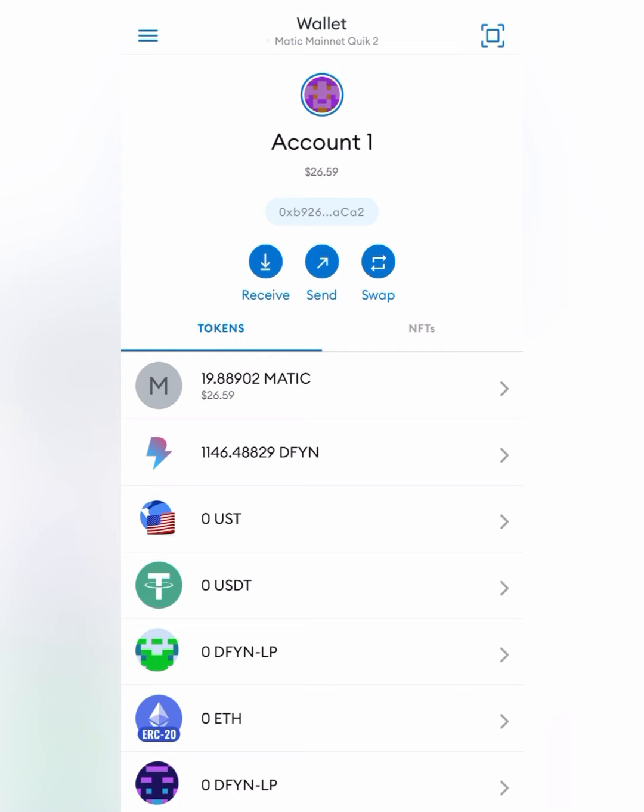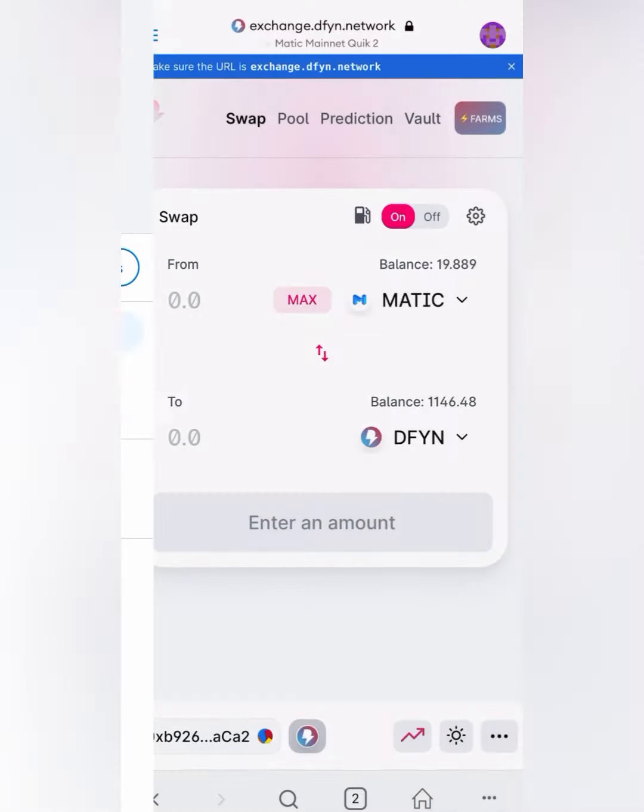Alright, so now that we have it bridged over, we just go back up to our browser, go to exchange.dfyn.network. This is the home page here. If you don't have any to bridge over, you can always swap some Matic for some on here, or whatever token of your choosing. And next you go over to the pool,